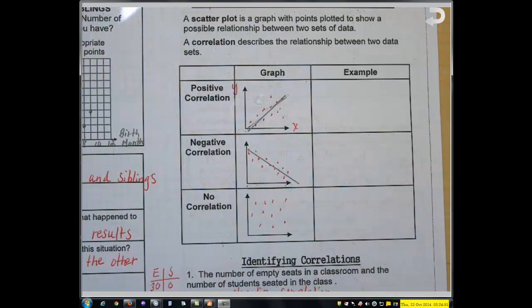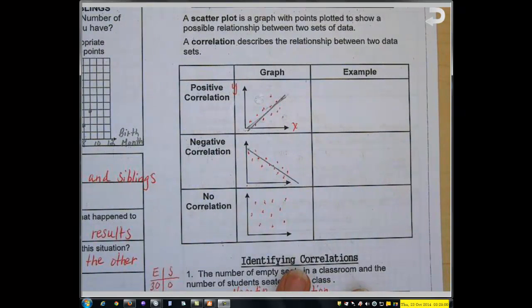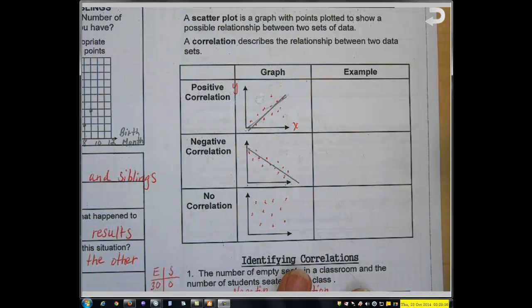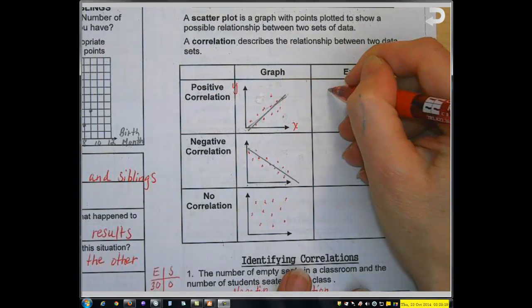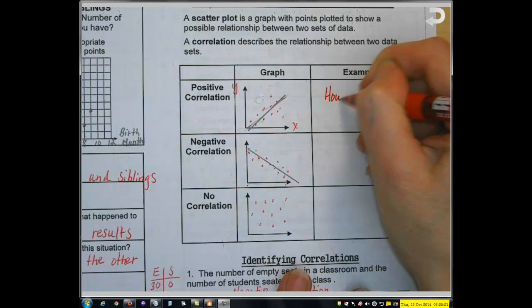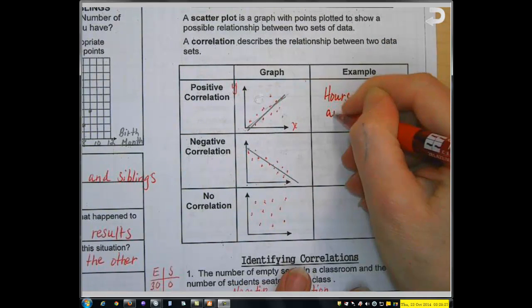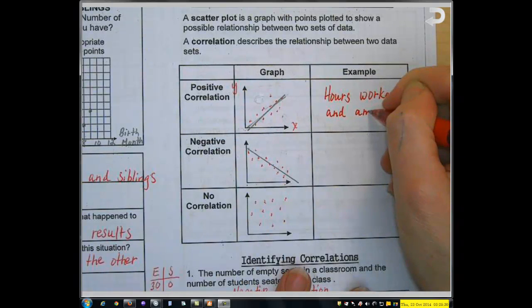Let's say that you are paid money by your parents for the number of hours that you work around the house. So the more hours you work around the house, the more money you get. So the hours and the money are both increasing at the same time. So we could say that an example of a positive correlation would be the relationship between the hours worked and the amount